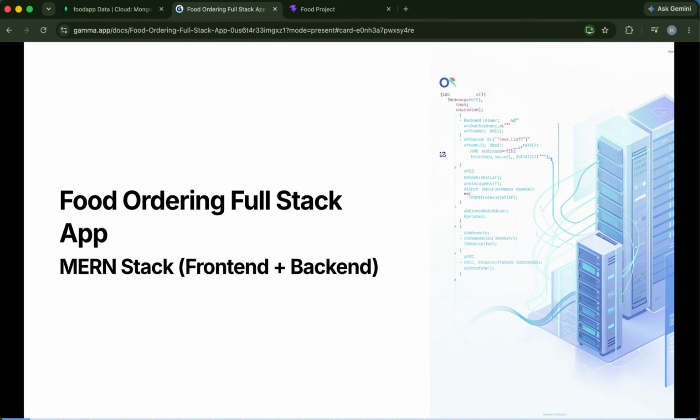Basically, this application allows the user to search for restaurants, browse the menus, add food items to the cart, securely log in, make online payments, and place orders. It is developed using React.js, Node.js, Express.js, MongoDB Atlas, Redux Toolkit, JWT Authentication, Cloudinary, and Stripe. Before moving to the next slide, I will be showing